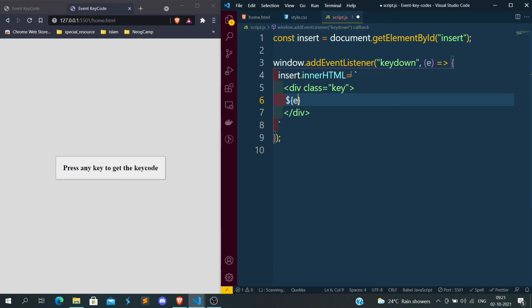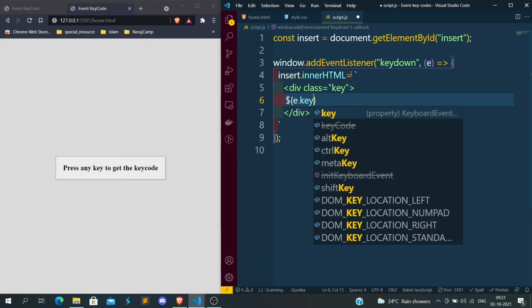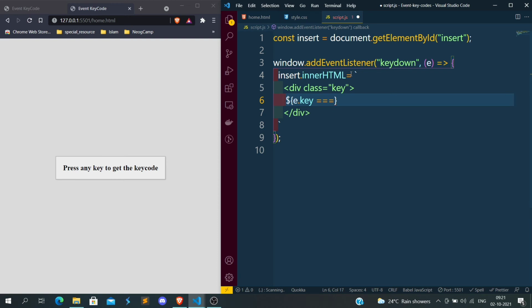I will check whether we have this key or not. So in this I'm checking, I don't want to show it for the empty. Correct. So I'm just checking if it is empty, I want to show the space. Okay, here I'm just checking.